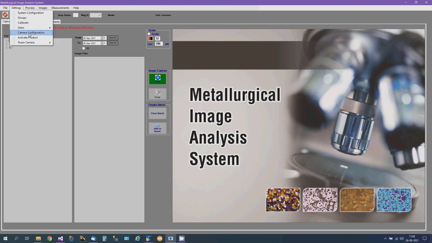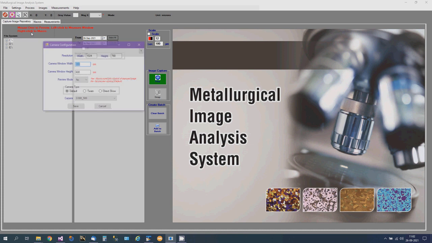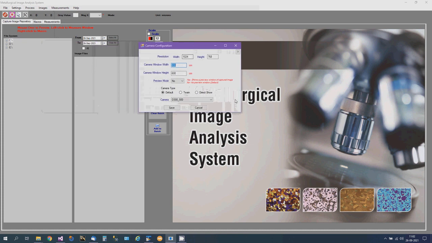Next step is the camera configuration. This is where you set your camera and the parameters that are used by the camera. You will get a screen like this. This is the width of the video that you want. Your camera can support a lot of resolutions. If it is a 5 megapixel camera, it can show the full 5 megapixels or a reduced one. If you are using the full resolution, it may not fit in the video, so you can set a suitable size for your camera. Same, you can set the height here.